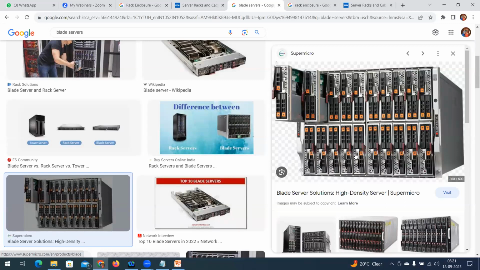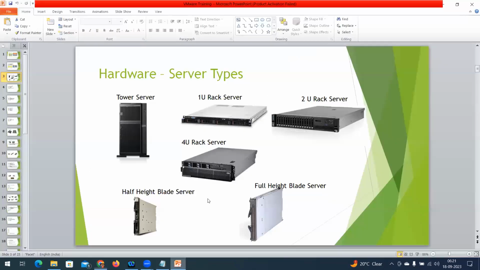If it is half-height, I can insert 16 blade servers in the same chassis. Whereas in full height, what is full height? In the same chassis, I can insert 8 blade servers. That is what I described here: half-height blade server, full-height blade server. What is it going to have? The half-height blade server motherboard is going to have only 2 processor sockets and maximum memory slots. Whereas a full-height blade server, by default, can provide 4 sockets and maximum